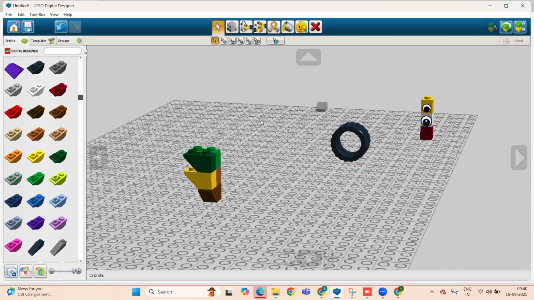If I'm using the color selection tool, it will select only those colors wherever they are. Okay, so I'm going to show you the example. Just go to the color selection tool and select yellow color. Then you can see two yellow bricks are highlighted.